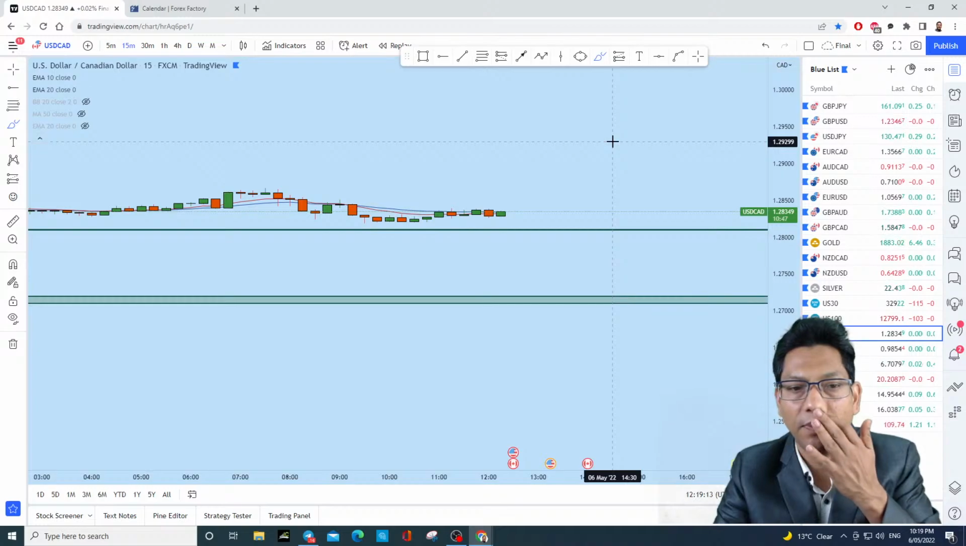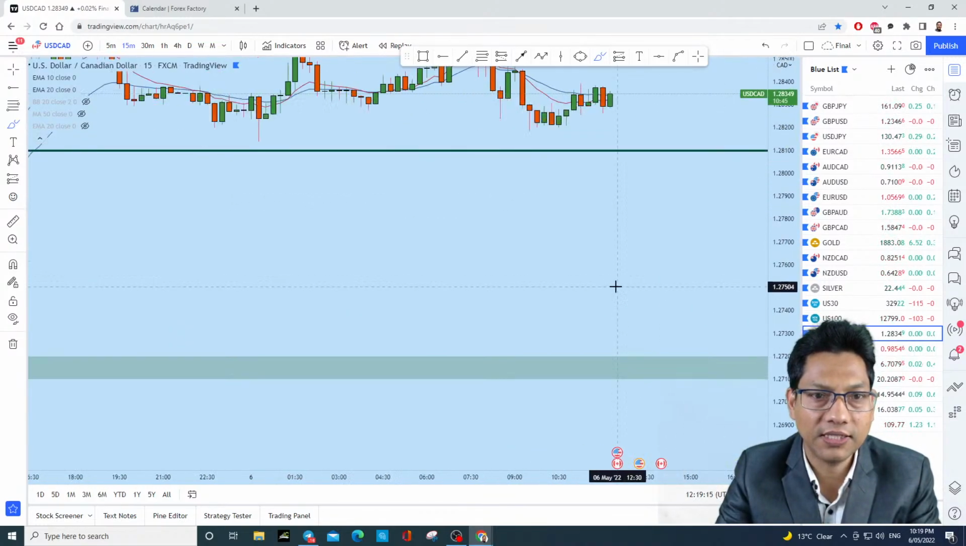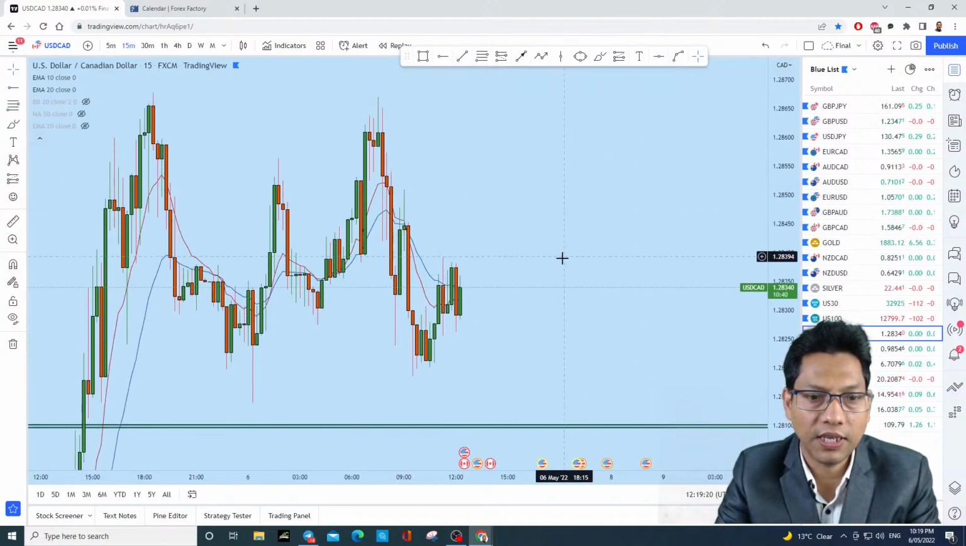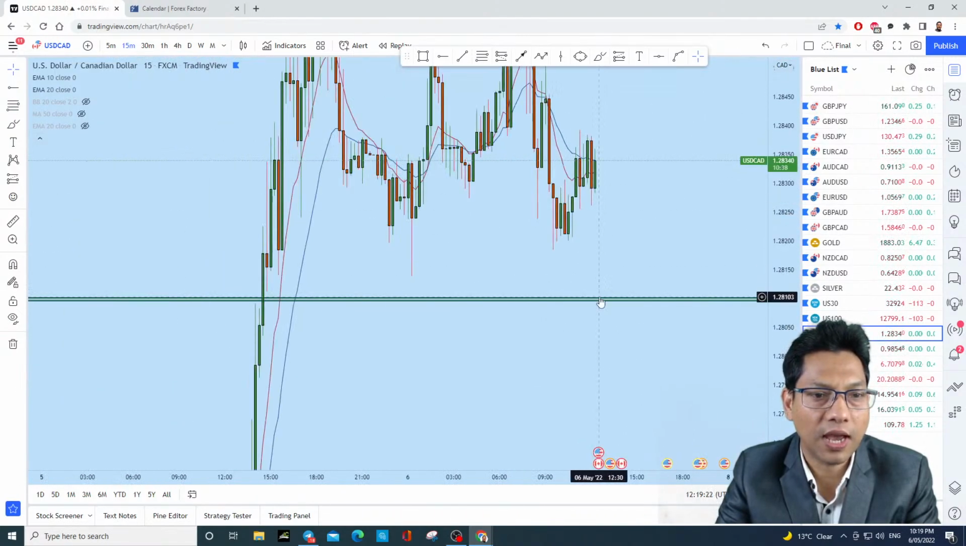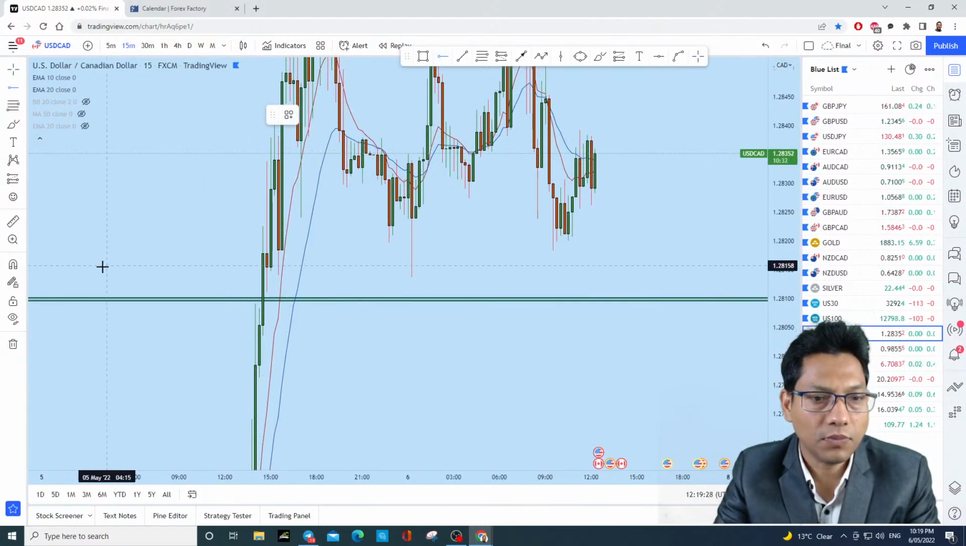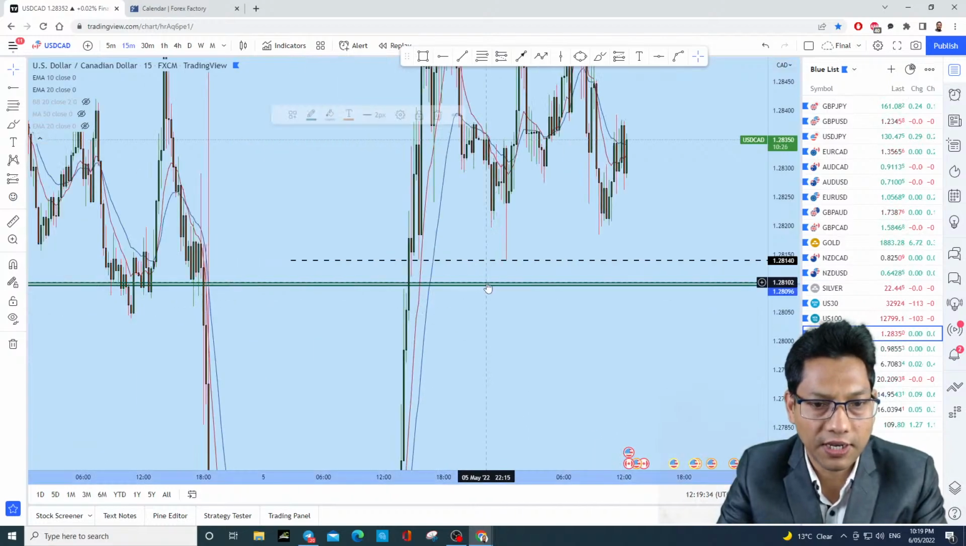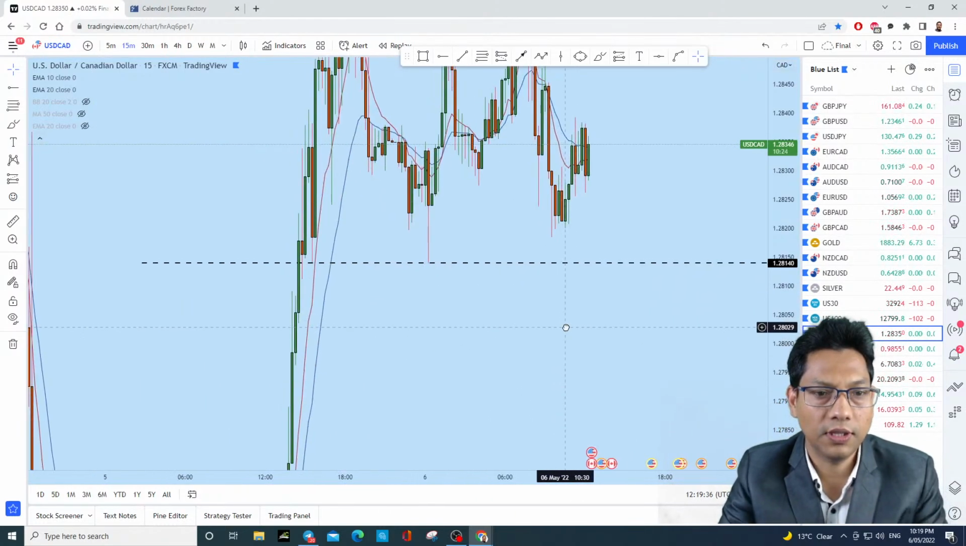Go back to 15 minutes again on USD CAD. Let's see what happened now. What I am waiting for is a spike to the downside, breaking maybe along this support. Let me draw this level of support on USD CAD. Let me delete this one here. So this is one level,